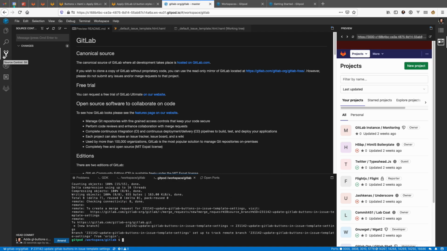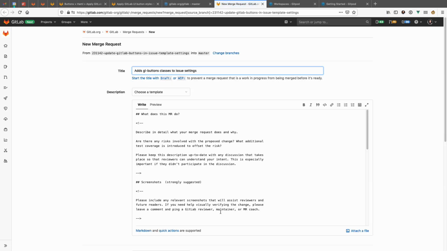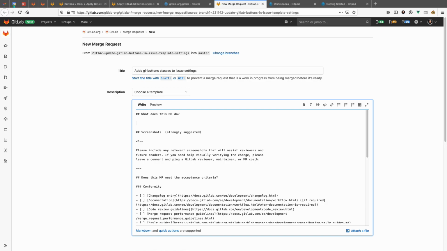But that should push it up and give you a new merge request right here. So in here, I'm going to do this adds the GitLab UI button classes to default issue template